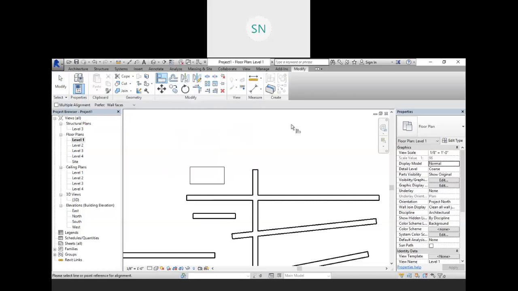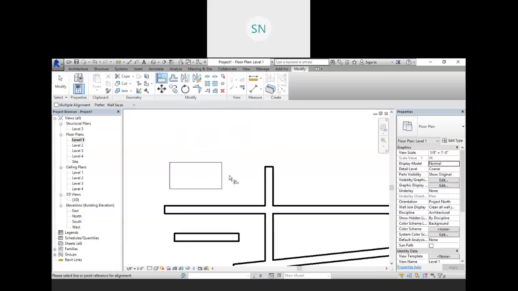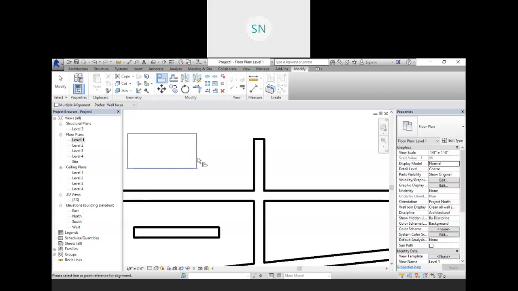So click on align, and for example I want to set this table right at this wall. Whatever your first reference will be fixed. So first I am clicking over here, and then I am selecting the other reference, that this one I want to place at this wall. So I am selecting this other edge,